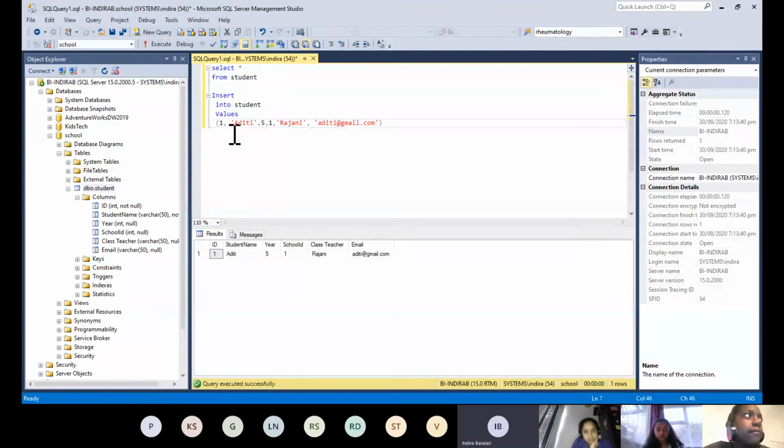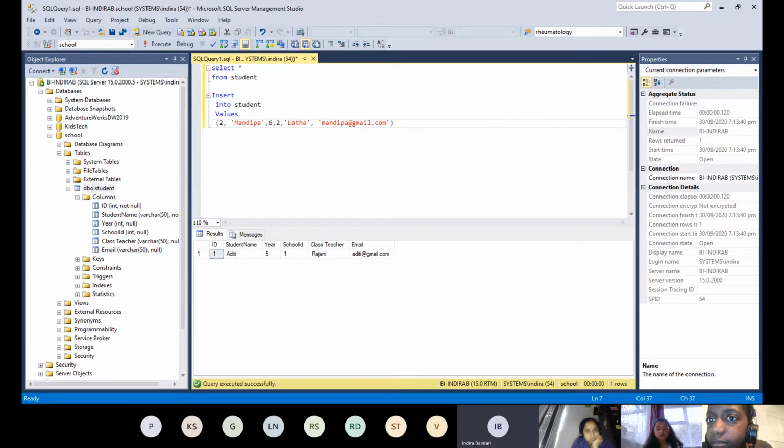Okay, let's insert a few more. So how do you insert 4, 5 lines together? So give 4, 5 lines. Mandipa and year 6. She goes to school number 2 and her teacher is Lata and her email is mandipa@gmail.com.